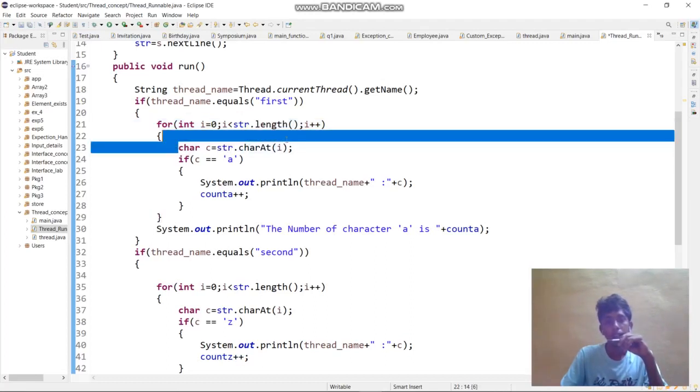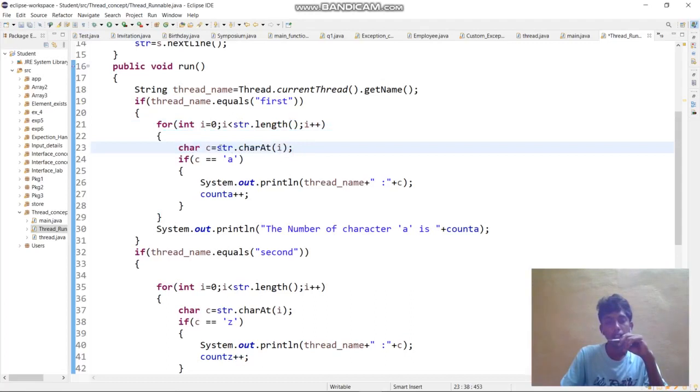I am creating one character variable and accessing the first character with charAt(i), where i is 0. So the first letter of the string I'm storing in c, and I'm checking if c equals A. If it is A, I'm printing the thread name and that character, and incrementing count A by 1.